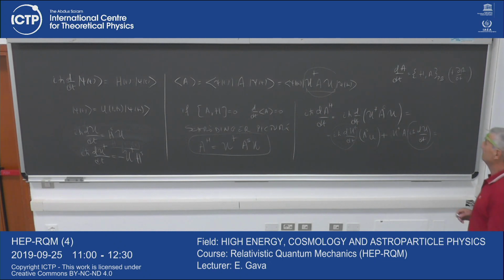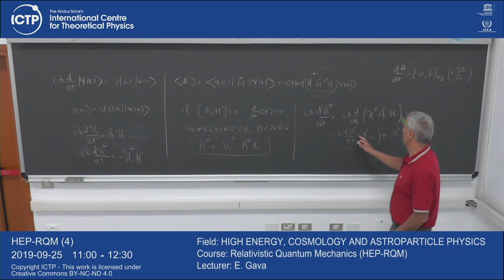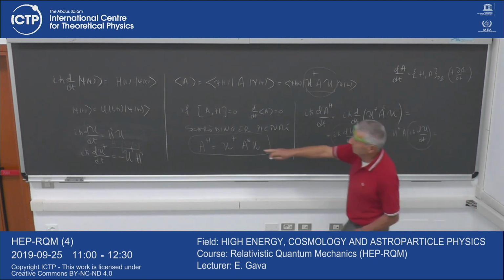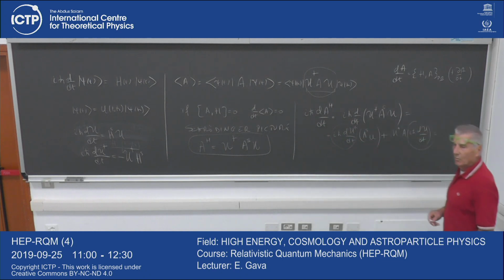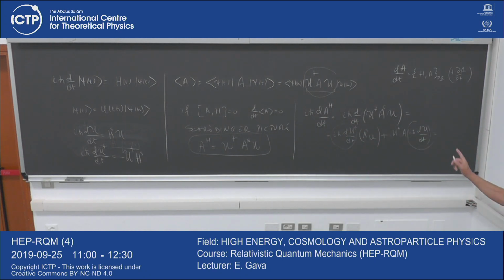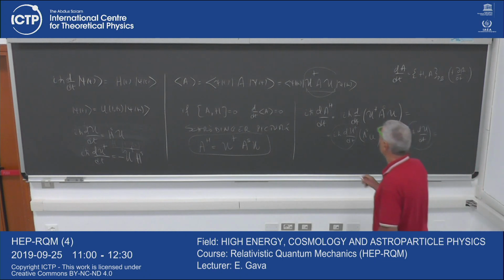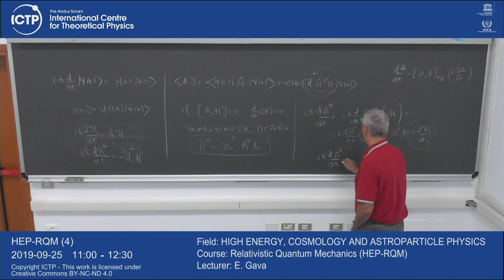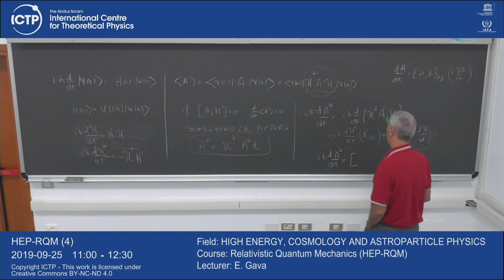In one case H is on one side, and in the other case H is on the other side. So what you get, if you work it out, is an equation which involves iħ dA_H/dt, which is the commutator of